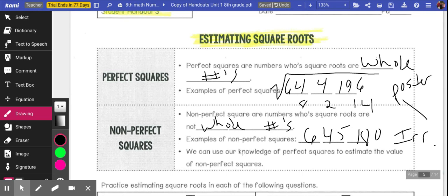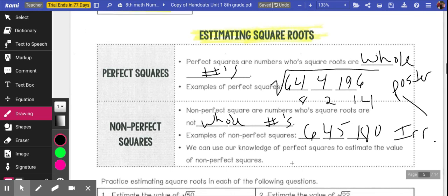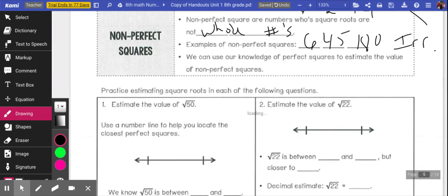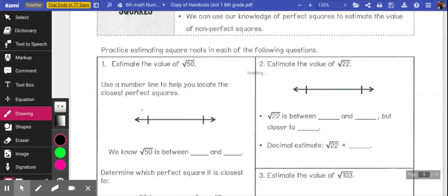Okay, so we can use our knowledge of perfect squares to estimate the value of non-perfect squares. So when they say to estimate the value of 50, you know that's not a perfect square. There's nothing times itself that will get you to 50. So they say to use a number line to help you locate it. I don't draw a number line out, but I kind of put 2 numbers like this. So we know that 50, and you can use your sheet if you need to,